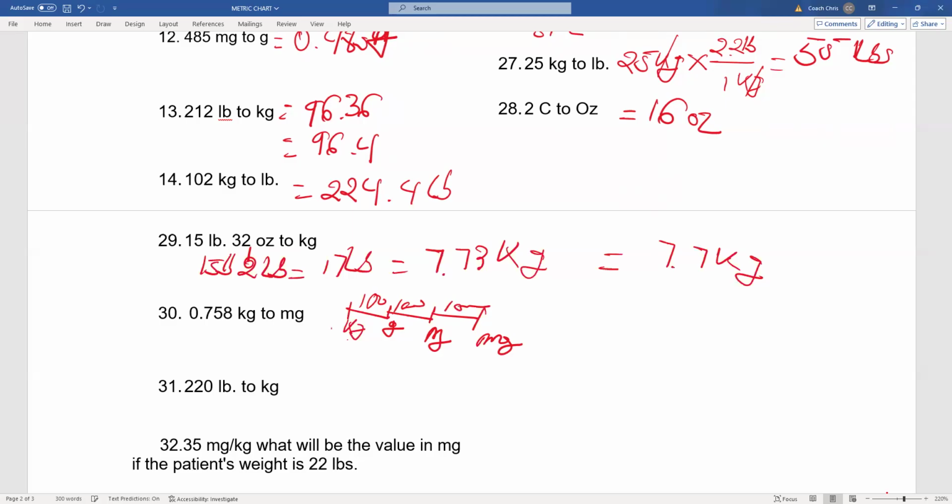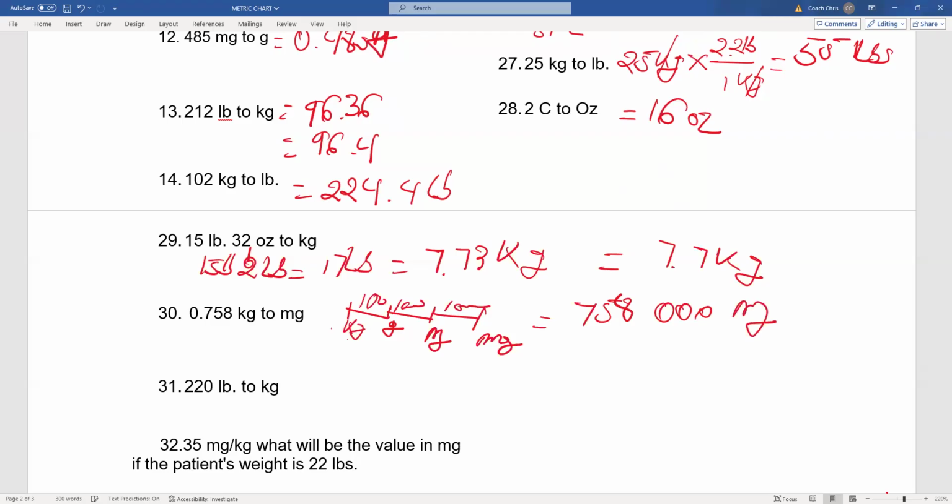Kilogram to milligram, it's a million because 1,000 times 1,000. So once you do that, you got to multiply this number 0.758 by a million. So once you do that, the first 3 zeros are going to take care of those decimals. So you're going to have now 758, then you have 758,000